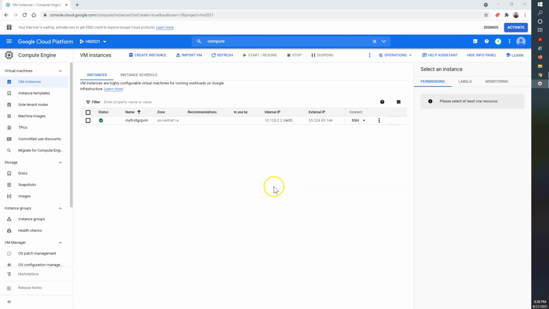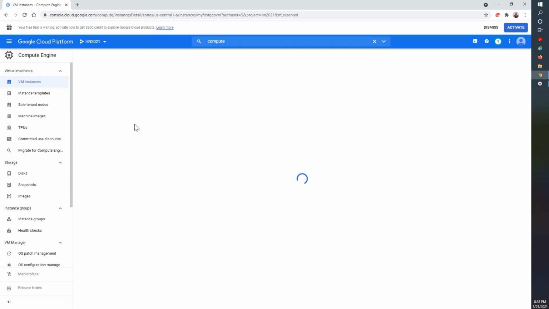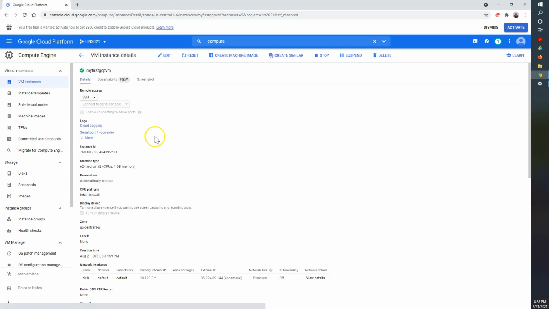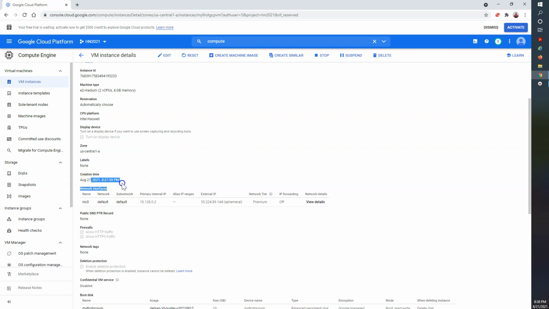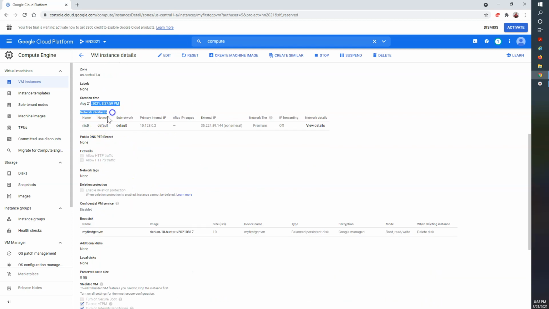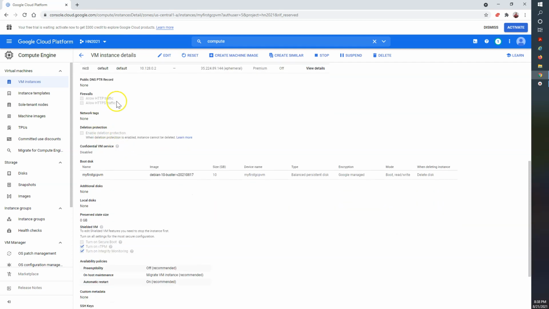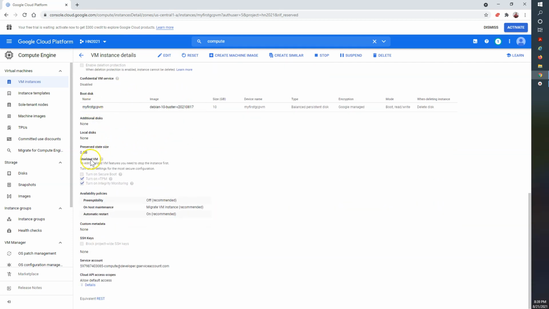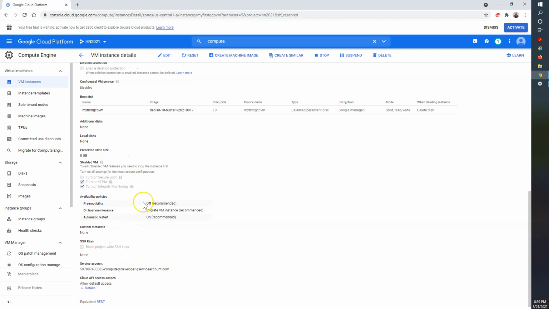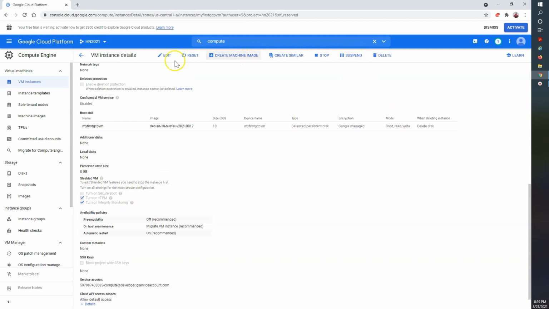So my instance has been created here. You can see the details: it's deployed and running, the name, and where it's deployed, that's the zone details, and the internal and external IP. If you click on the instance name, it will give the complete details of your instance: the instance information, when it was created, and the different networking configuration. We have given the default network, the firewall, the boot disk, and the reservation data. All your configuration you can see here. If you want to stop, delete or suspend the instance, you can do that, and if you want to edit, you can also do that here.